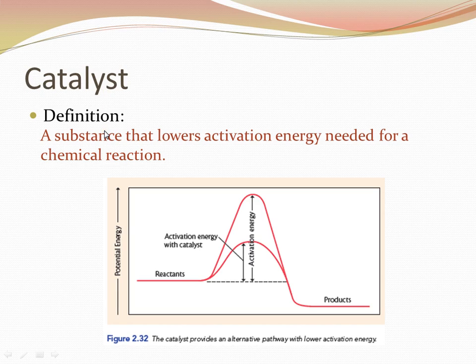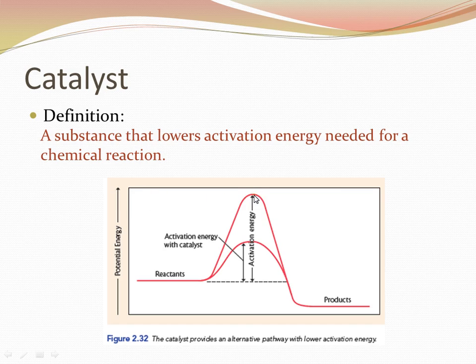Now, outside of a living organism, catalysts can be all sorts of things. They can be elements and compounds. Inside organisms, catalysts are often proteins called enzymes. Hopefully you have seen this graph before in biology in your discussion of enzymes. But without a catalyst, the reactants, here's your energy, would need this amount of energy. So they would have to have the correct position and hit each other in the right way. But not only do they have to hit each other in the right way, they have to reach this amount of energy from their kinetic movement, from their speed.